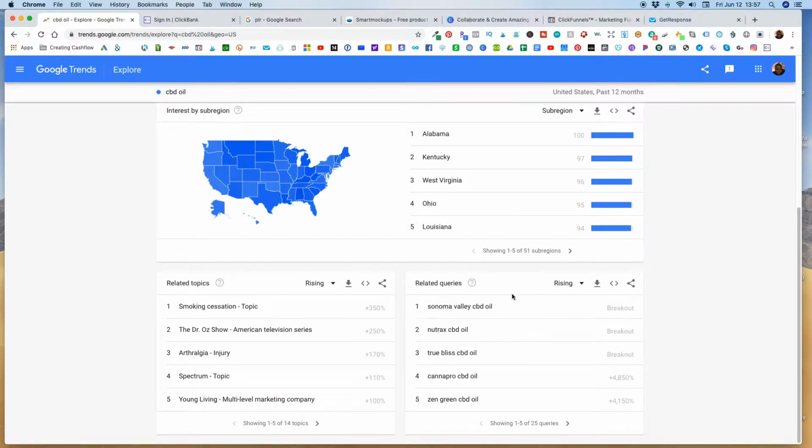We also have related topics. For some reason, we got smoking cessation, the Dr. Oz show, I'm not sure how to spell that, and Spectrum, Young Living, and then we have related queries called Sonoma Valley CBD oil, Nutrex CBD oil, True Bliss CBD oil. So if you were interested in maybe Sonoma Valley CBD oil, you'd probably go to their website, check them out,